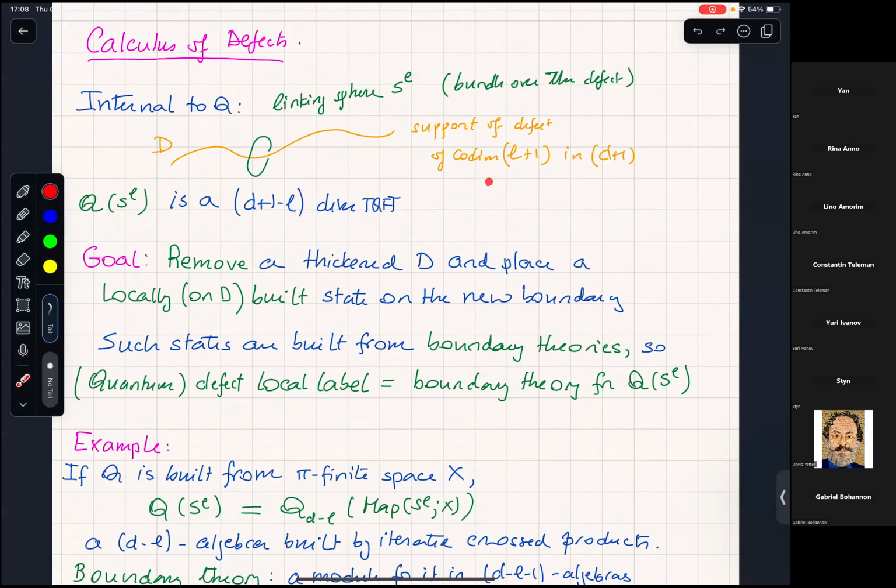I wrote the codimensions here, but yes, the linking sphere has dimension L. So drop the dimension of a TQFT by L. And now what you're looking for is something which inserted locally there could integrate out to a boundary state. And that's simply what we call a boundary condition for this TQFT. So the defect datum you'd like to supply is simply a boundary condition for this Q of SL, and what